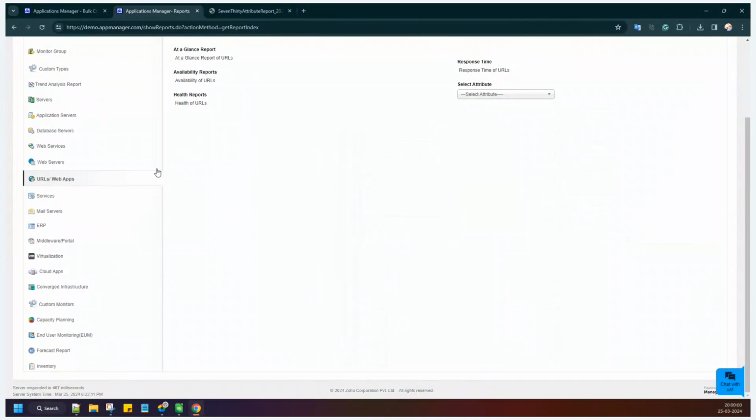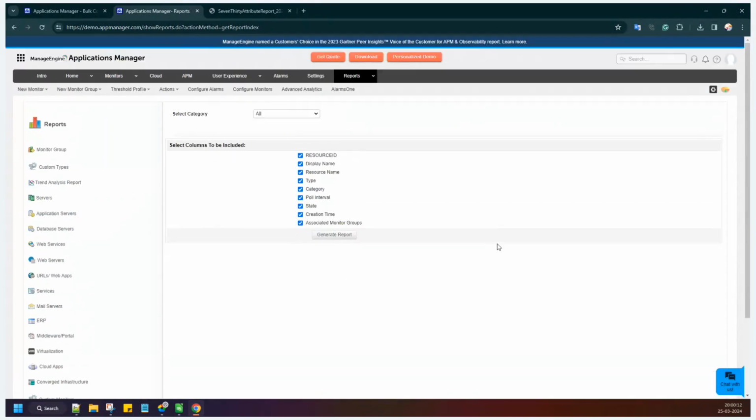So for all the monitor types from the reports tab, you can just generate. And we have an inventory report option as well. So under the reports tab, inventory, it will list down the columns that you want to include. For example, if you want to take a report from Applications Manager with a list of monitors that are onboarded, when it was onboarded, what the polling interval is,